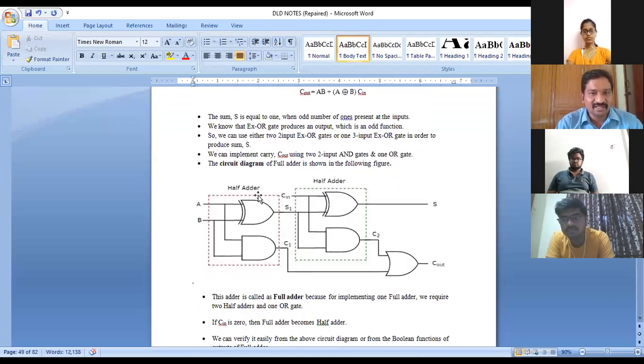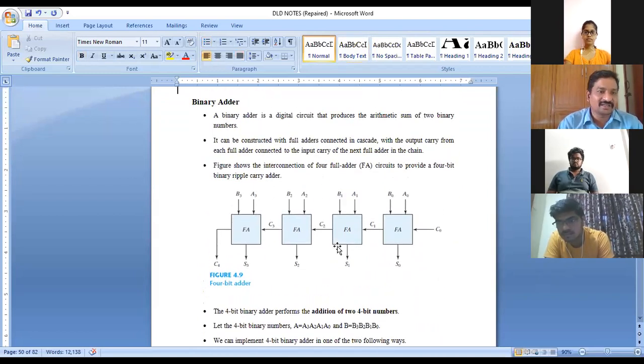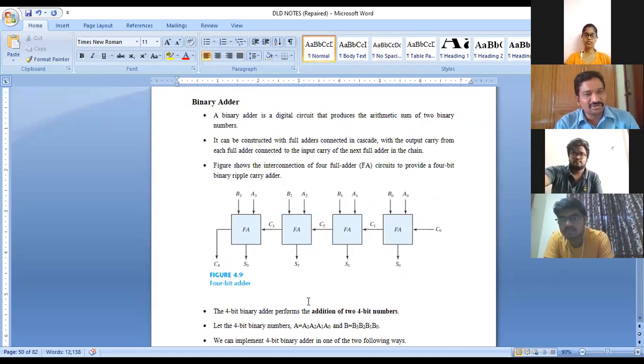Just now I spoke about it: it is a half adder and one more half adder. The combination of these two half adders will give the entire sum. So in the next class we talk about this, and also how binary addition will be performed. We'll take one example, binary number A, a 4-bit number, and B another 4-bit number. Let it be 0000 and 0001. If you add, you will get 0001 only. 0 plus 1 equals 1, right? So how can I solve this? Tomorrow in class we talk about all this.